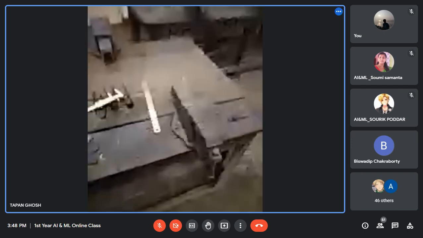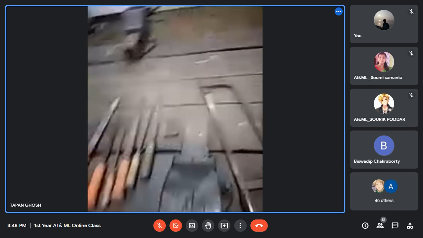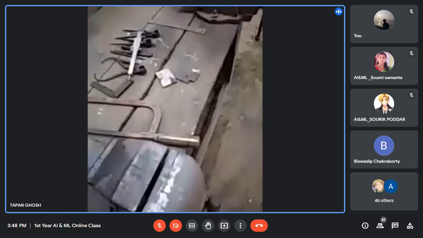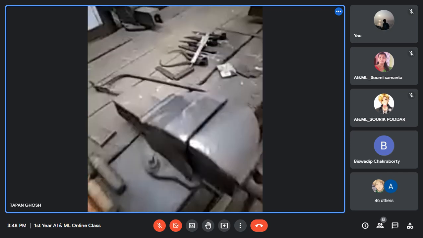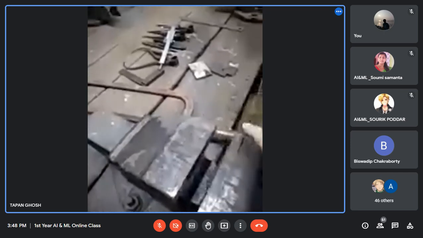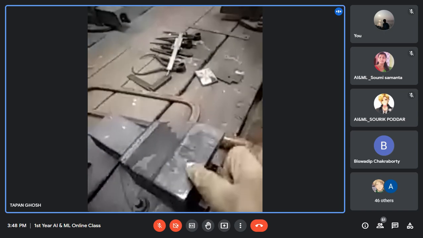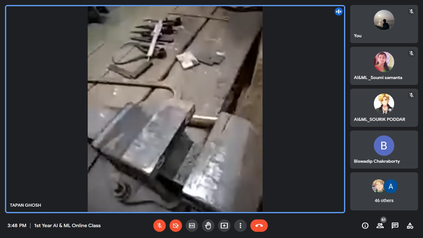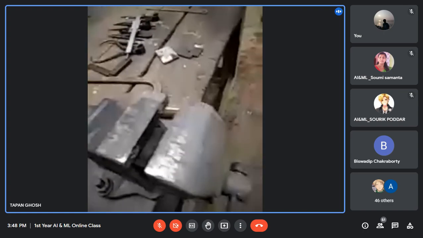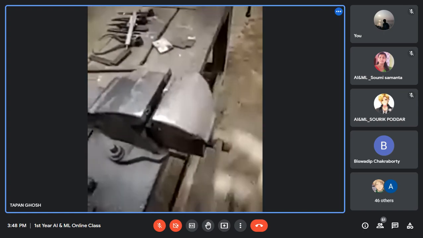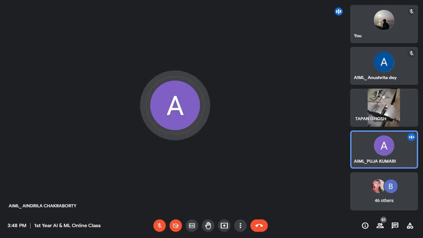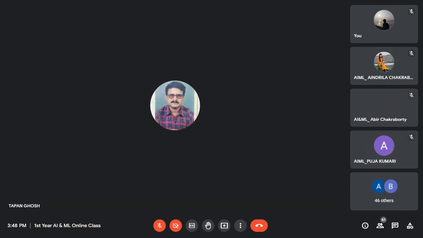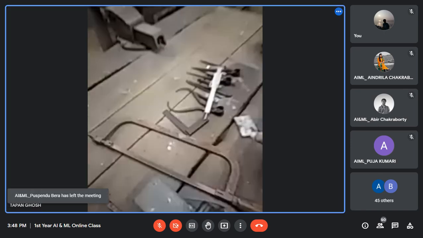So you know that the holding device is called a bench vice. Can you see this bench vice? First, you know, these are the two jaws. This jaw is movable and this jaw is fixed. So you can expand it and close it by rotating this handle. Can you see this? Yes, sir. So how to fit a job?